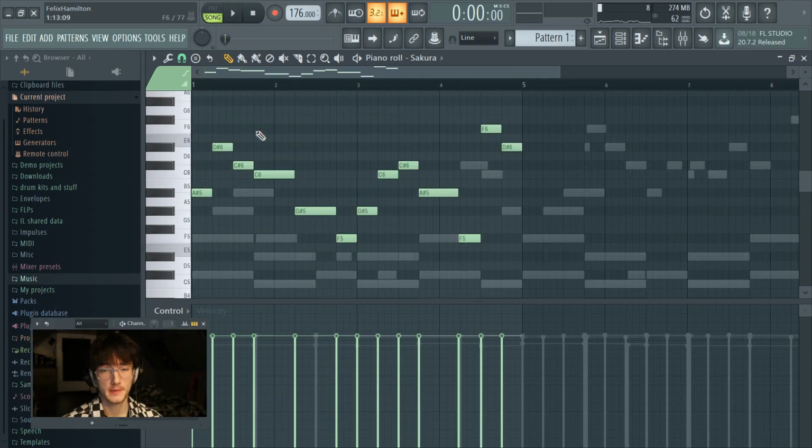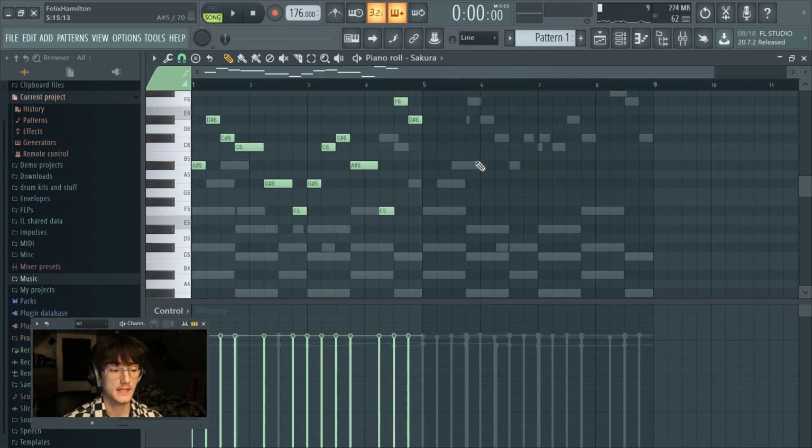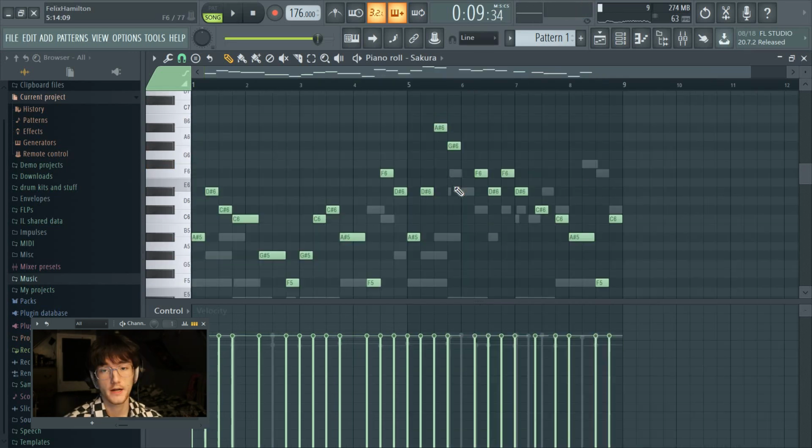Alright, so I had the first little piece to this melody, and it sounds like this. And now I'm gonna go in and make the rest of the 8-bar pattern. Alright, so as you can see, I started out the same way, and then I kind of brought it way